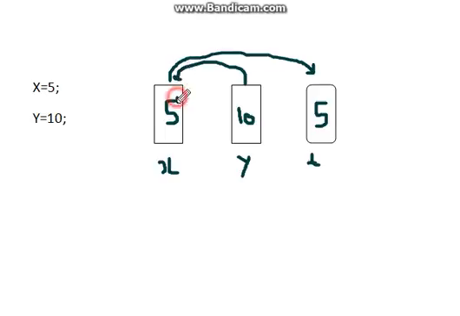Then we will transfer the value of y into x, so it will become 10. And after that I will transfer the value of t in y, so it will become 5. So the initial value of x was 5, and it becomes 10, and the initial value of y was 10 and it becomes 5. So two numbers get swapped.